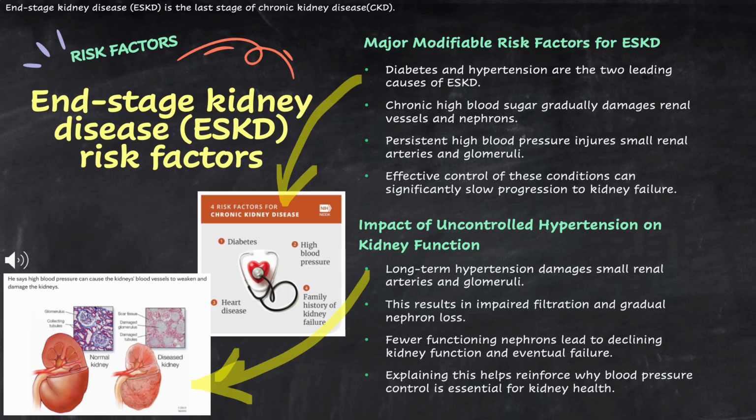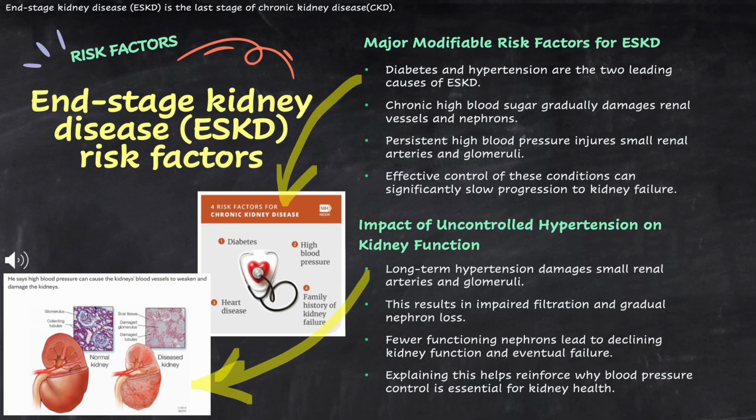Diabetes causes damage to the small blood vessels and filtering units, nephrons, in the kidneys over time, while chronic hypertension causes scarring and narrowing of renal arteries and glomeruli, gradually impairing filtration. This cumulative injury reduces the number of functioning nephrons and can eventually lead to kidney failure. Emphasizing tight control of blood glucose and blood pressure is therefore critical in CKD patients, as it can significantly slow